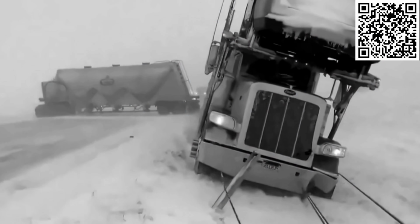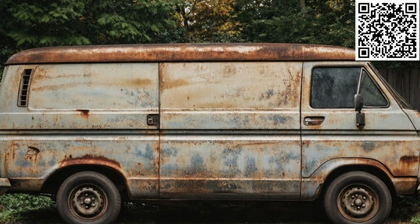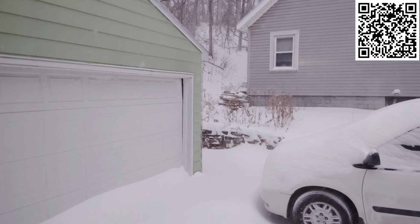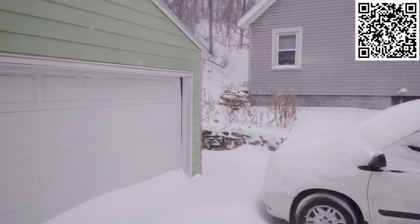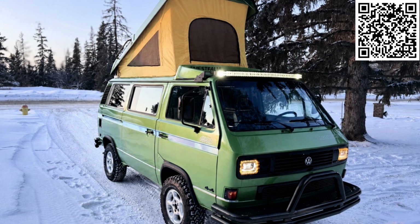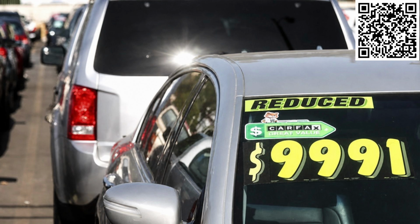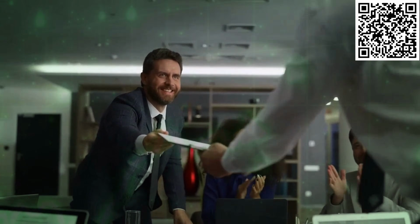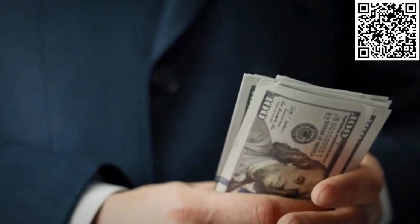ice on the roads. Private sellers who listed their van in September for $2,000 are now staring at December with 0 offers, a vehicle they do not want taking up driveway space and mounting motivation to just get rid of it. Their asking price drops. Their willingness to negotiate skyrockets. And if you show up with cash in hand on a cold Tuesday evening in January, you have all the